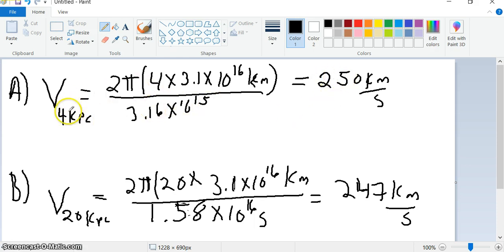So here's what I did. Looking at that chart, at 4 kiloparsecs, this is 4 kiloparsecs in kilometers divided by 100 million years in seconds, it turns out to be 250. And then I did the same thing, and I found that at 20 kiloparsecs, this would be the distance, 20 times